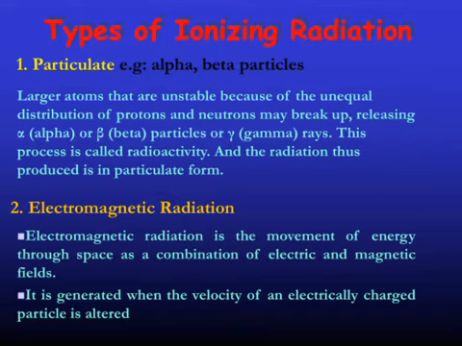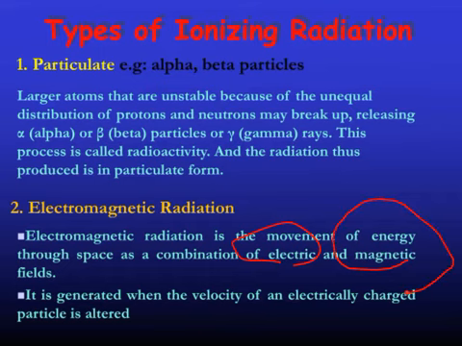So we'll move on to the next session, the types of ionizing radiation. We have particulate radiation and electromagnetic radiation. Particulate radiation means the radiation travels in the form of particles. It is usually emitted by radioactive elements. Whereas electromagnetic radiation means there is movement of energy through space as a combination of